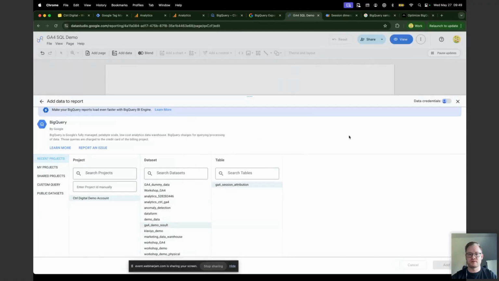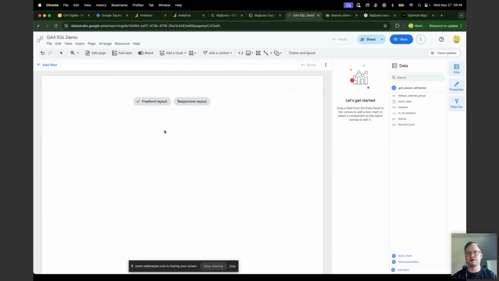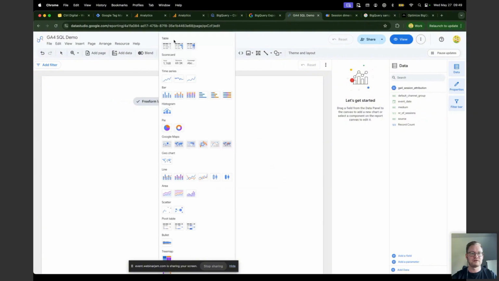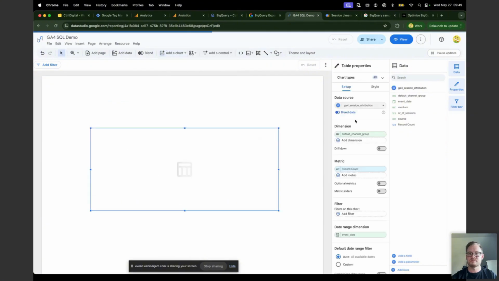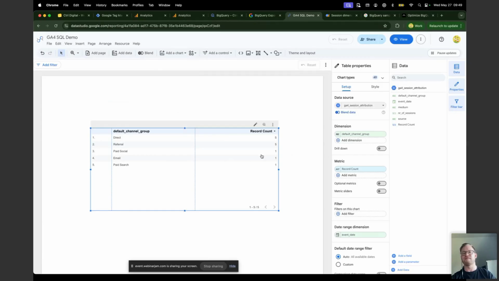Yes. As a data source. So now Looker Studio, or Data Studio, sorry, will read data from that table. And yeah, this is a very simple way to show how we can get data from Google Analytics or other data sources into BigQuery, apply our own logic, create these clean tables, and then use these clean tables in visualization